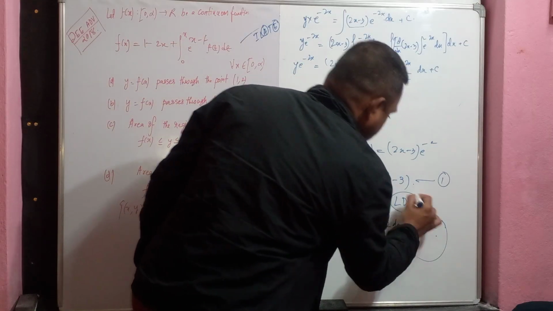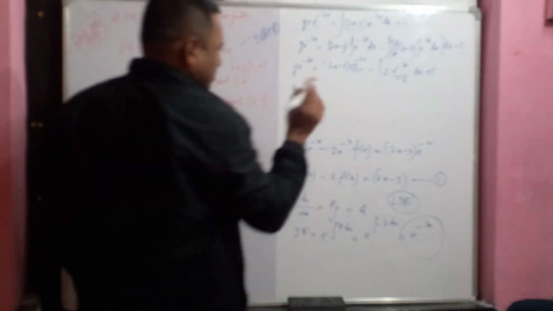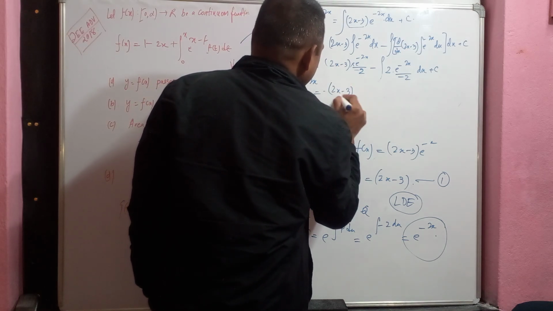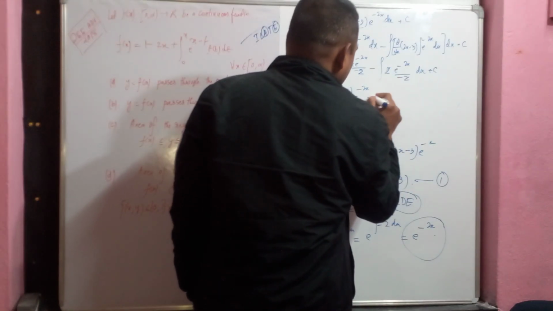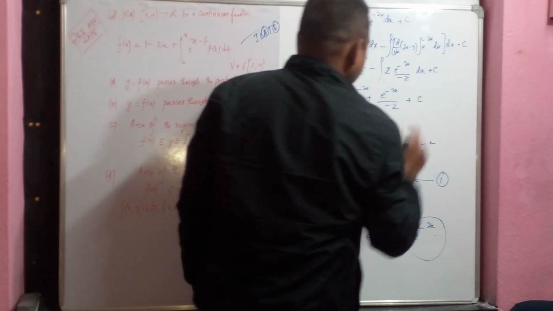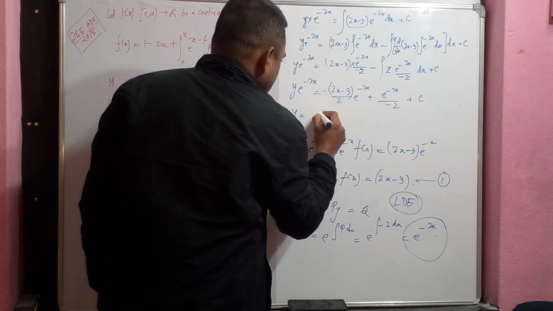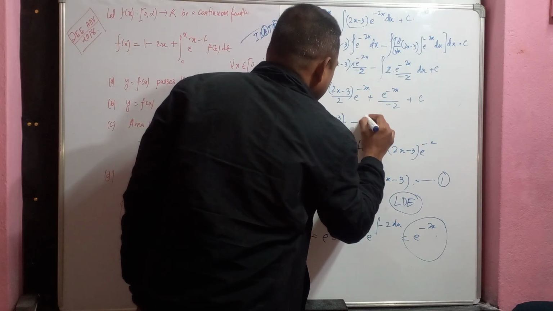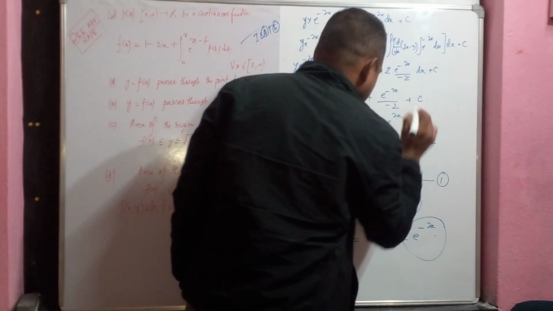This linear differential equation. ये थोड़ा सा करना है, ठीक है, और थोड़ा सा कैलकुलेशन तो करना ही पड़ेगा. 2x minus 3 divided by 2 e to the power minus 2x, 2 cancel, minus plus e to the power minus 2x by minus 2 after doing the integration, and c. Okay, so now eliminate the e to the power 2x from all sides. So that becomes (2x minus 3)/2 minus 1/2 plus c e to the power 2x. Okay,